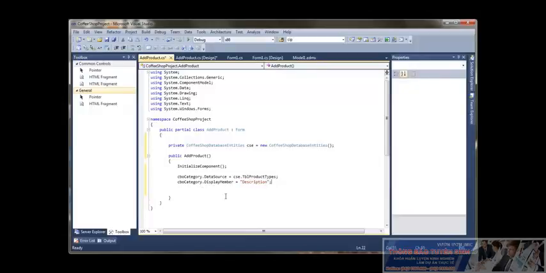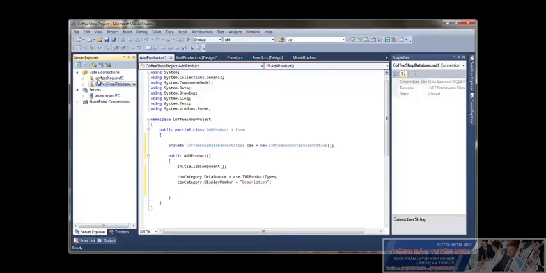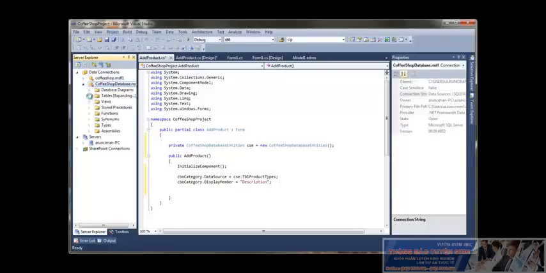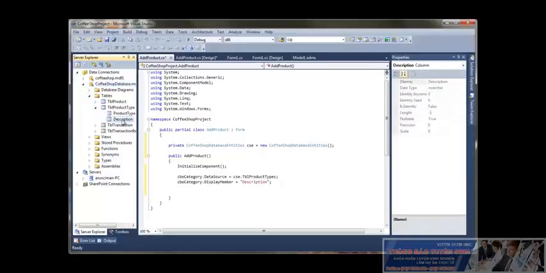So just to show you what I mean by that, if I go back into the Server Explorer and take our database again, if I just open that up for a second, you'll see within our tables, if I go and have a look at my product type here, if you remember, description was what I called the attribute there,